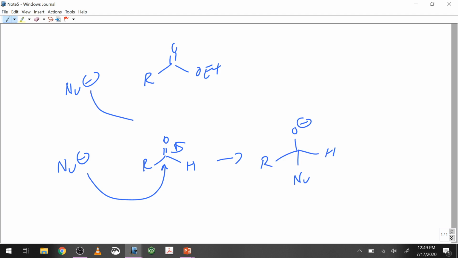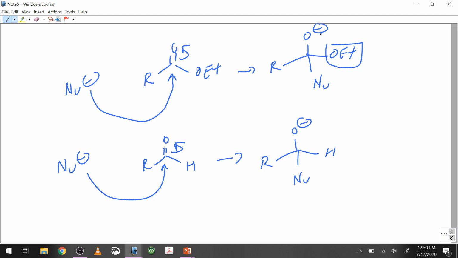But if I do that same trick with an ester, the first step is exactly the same. Tetrahedral intermediate, no pi bond, and nucleophile attached. But then I have a leaving group here. So carbonyl reforms, leaving group goes. Depending on the nucleophile, this may end up having another nucleophilic attack. That's what happens with Grignard reagents and hydrides. But the point is,